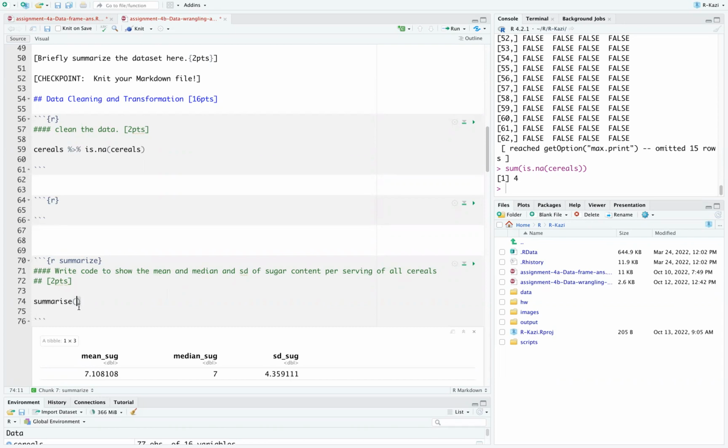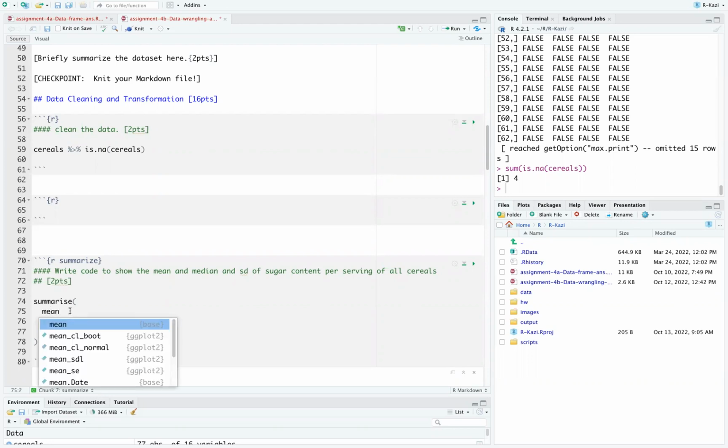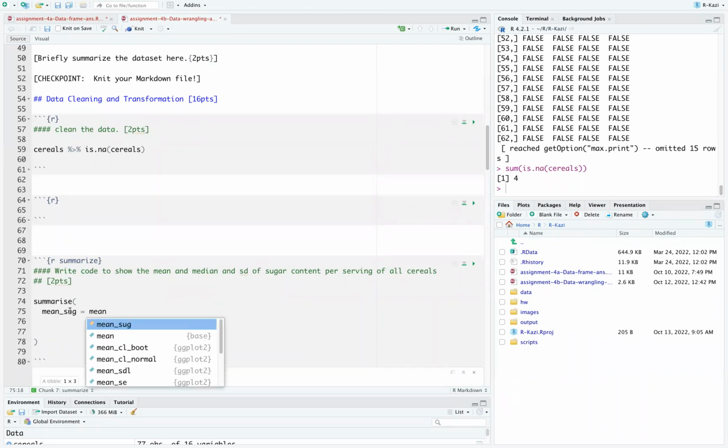So here, what you want to do is you can create new columns. Let me do the first one. So I want to find the mean of the sugar, right? I'll just abbreviate it like that, then equals, and then I apply the function called mean, all right? So this mean, I'm going to use it like that, and then you need to know the name of the